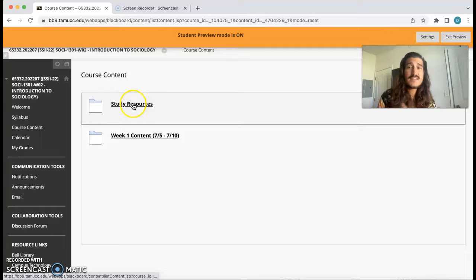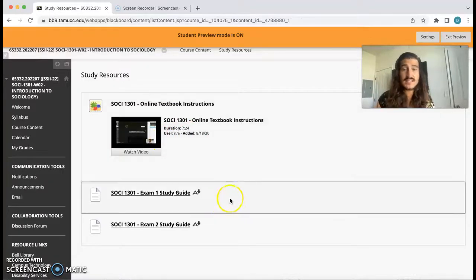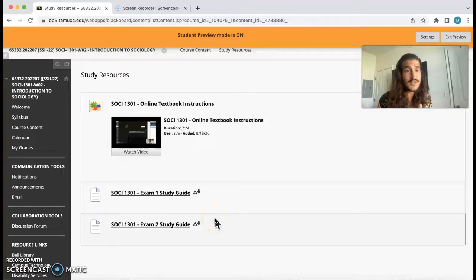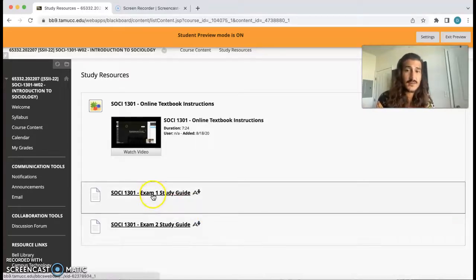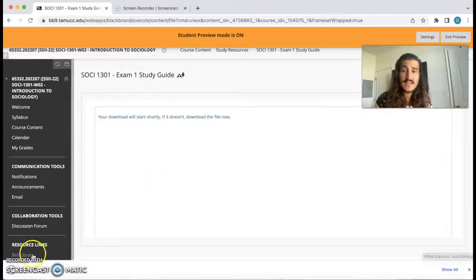So at the very top of this, you'll see study resources. These are things that I provide for you at the beginning of the semester. You may want to review them earlier. You may want to review them closer to times that make more sense. For example, I include study guides for the two exams we'll be having in this course. Our first exam is not for about 2 weeks, so you don't need to necessarily start filling this out now, but I do provide these from the beginning of the semester.